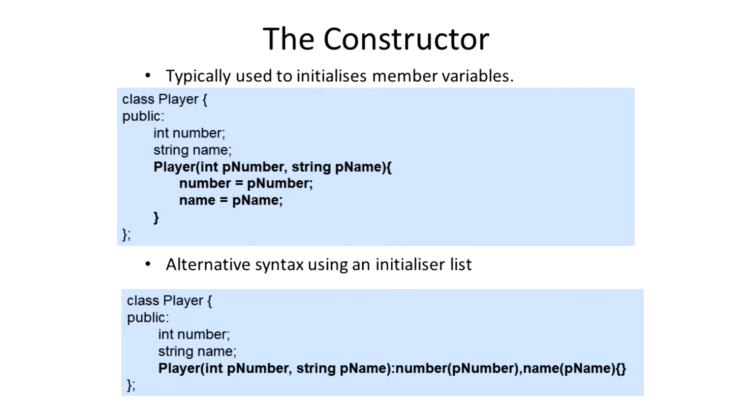Okay, we don't actually see the default constructor here. We just see one example of a non-default constructor. But we're going to take a look at how the two can work side by side in just a moment. But just before we do that, let's take a look at this full example here. So if you have a look at the first blue box at the top, you'll see that we are defining the player constructor. Notice it's a function, so it has the same name as the class, capital P Player, and then a parameter list. It takes an integer parameter, the player number, and also a string parameter, the player name,